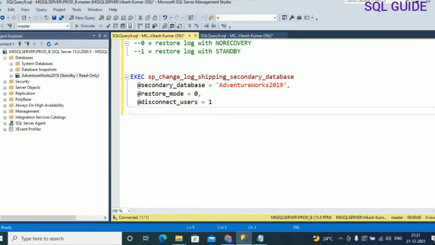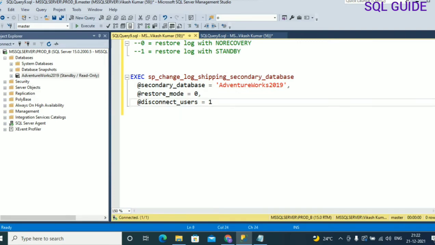Sometimes in interviews they will ask the question: how to change a standby read only log shipping secondary database to no recovery. This command will help you change standby read only to no recovery.